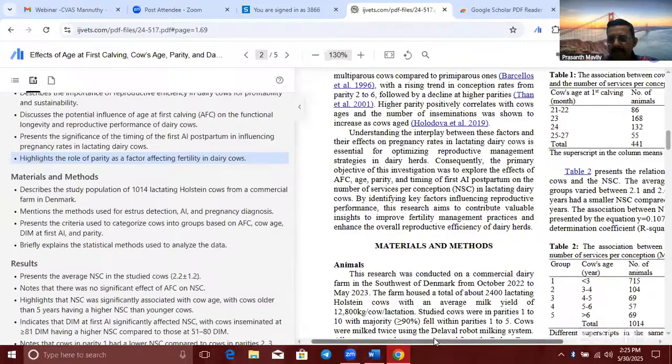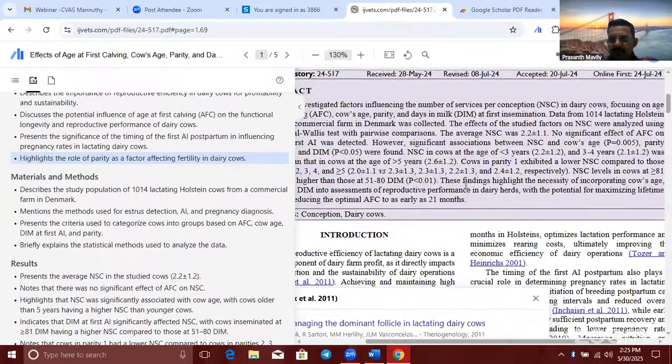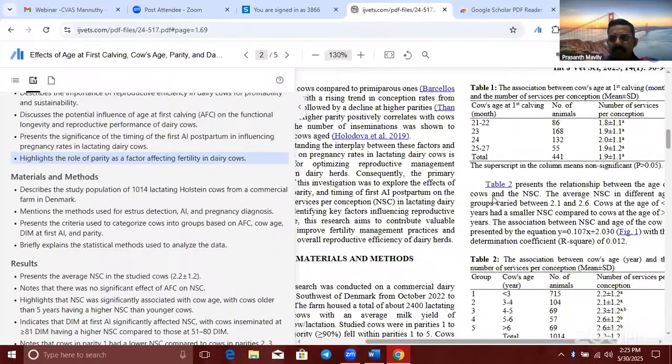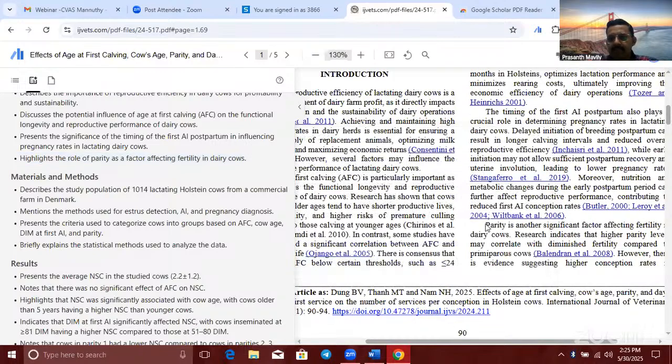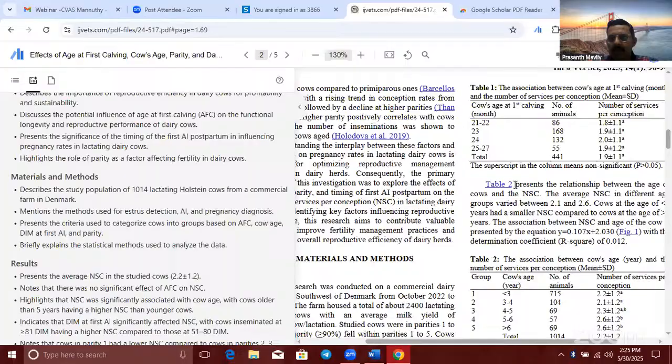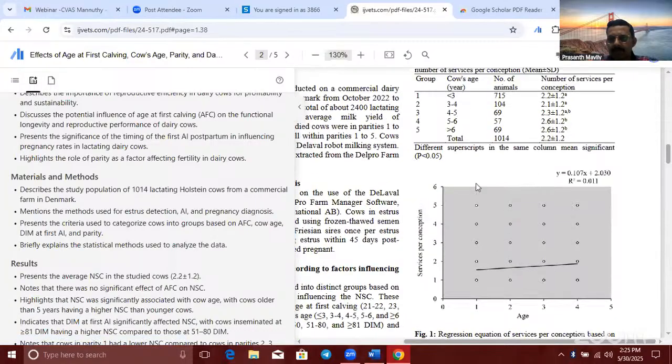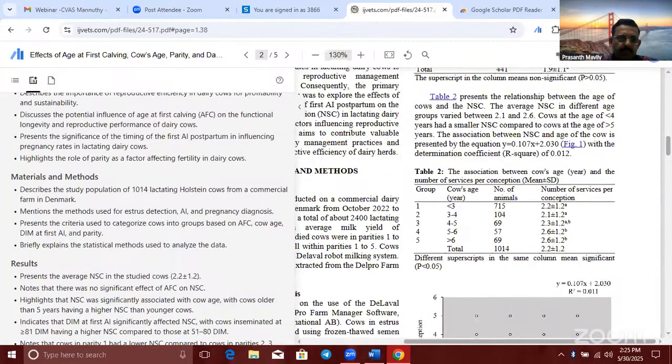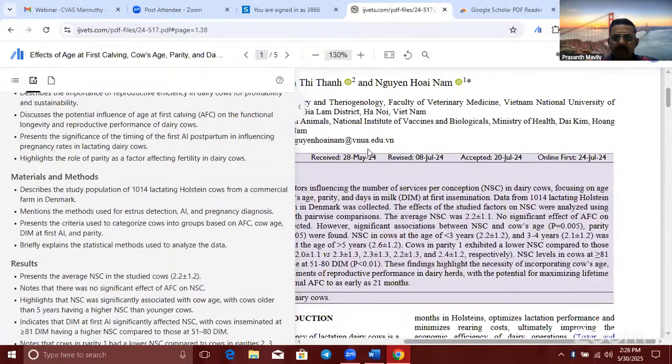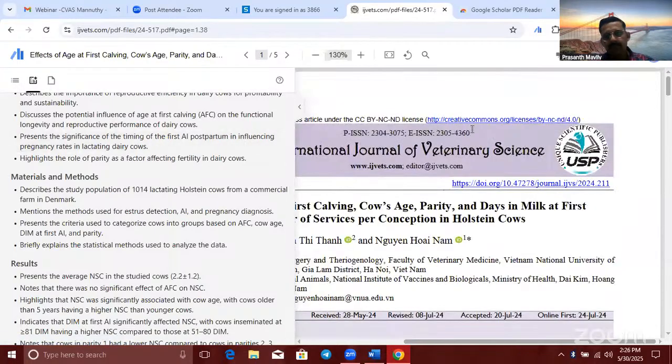Also, it allows you to jump between tables and all. See, this Table 2 presents... You can see over here, it's highlighted. If you click over here, it will directly jump to that table. See, Table 2. So the jumping option is there. It will give a quick summary of the paper, and you can easily decide whether to use it or not before going to read the full paper.